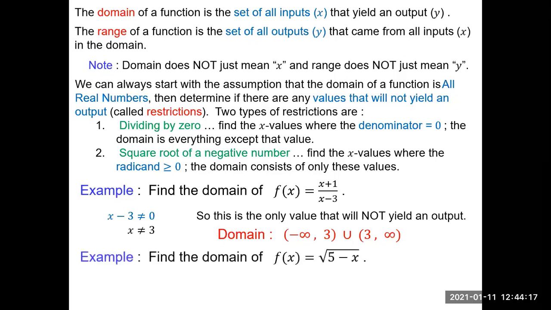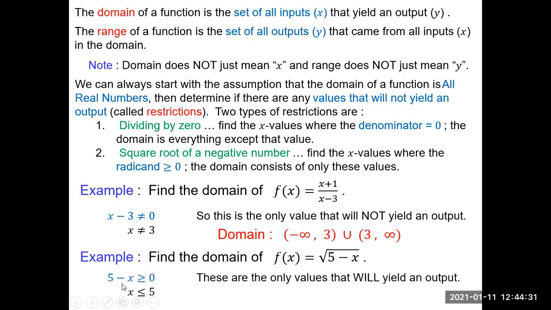So what we do, in order to find the domain of this, is that we need to make sure that this quantity inside the radical or inside the square root is not negative. So why don't we go ahead and find out, when is 5 minus x greater than or equal to 0? That's what it means to not be negative. When is this quantity on the left greater than 0, which means positive, or where is it equal to 0? Well, if I solve this, then that means that x would have to be less than or equal to 5,